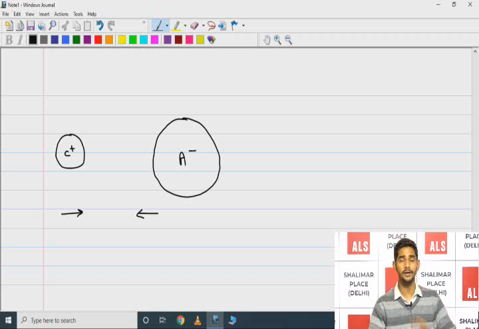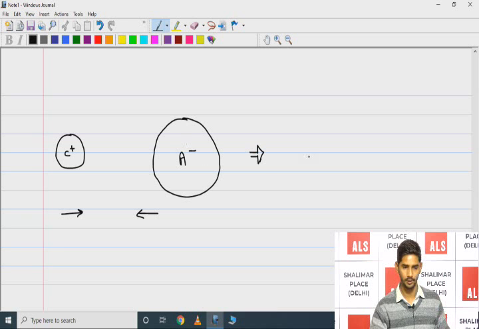So what happens then, whenever they come closer to each other, the cation pulls the anion towards itself with a very strong force, due to which some part of the electron cloud, or we can say some part of the negative charge of the anion, gets deformed over there. Deformed means, you can see here the anion is spherically symmetrical. Now, when they approach each other,